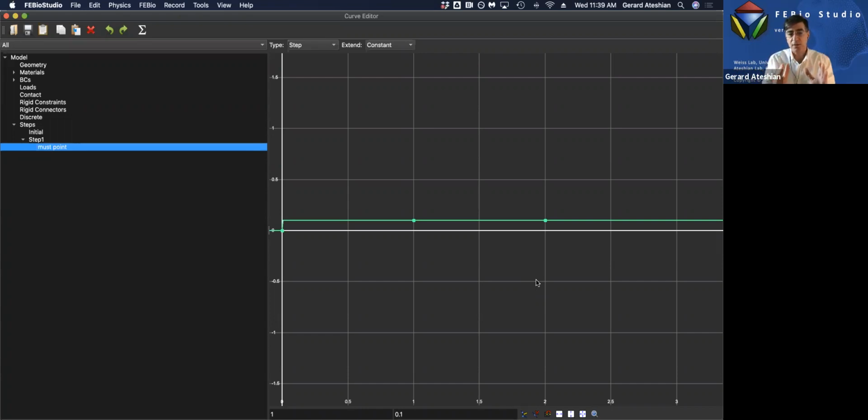Until time 10 seconds, I want 1 second increment. Until time 100 seconds, I want 10-second increments. Until 1,000, I want 100, 10,000, 1,000. And because the analysis runs to 50,000, I'm going to allow it to go to 100,000. So I'm going to add one more time point, but this time I want the increments to be linear. So that means I should put a linear curve. And this last point here, I want it to be,